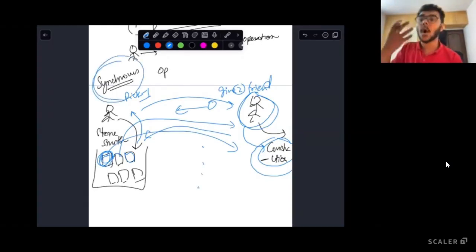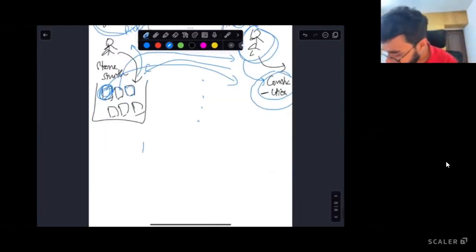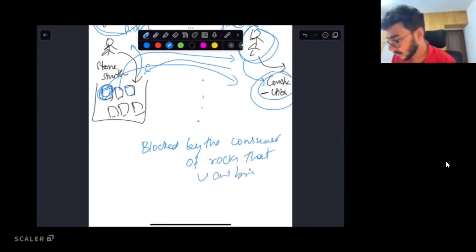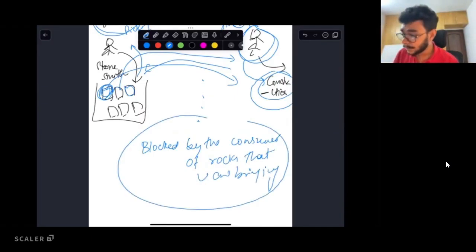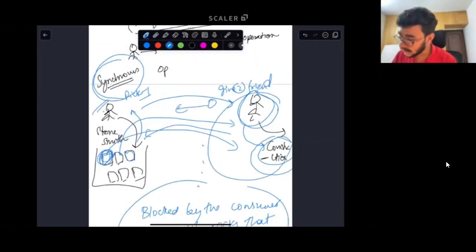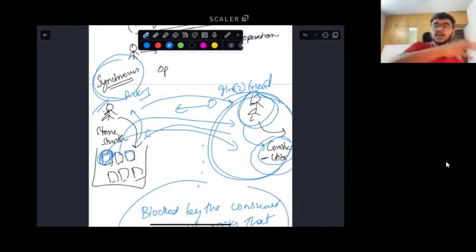You are being blocked by the consumer of the rocks that you are bringing. In this case, the producer of these events is blocked on the completion of the processing of the event that you carried all the way to them.